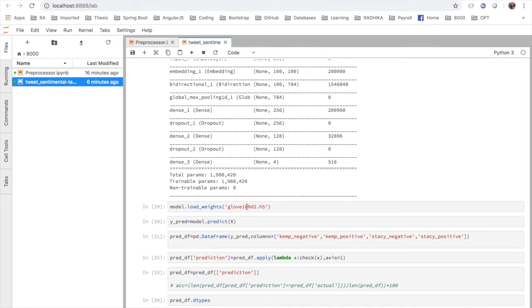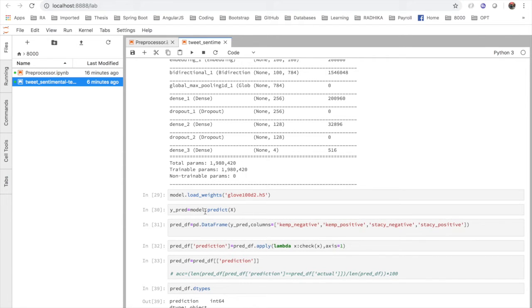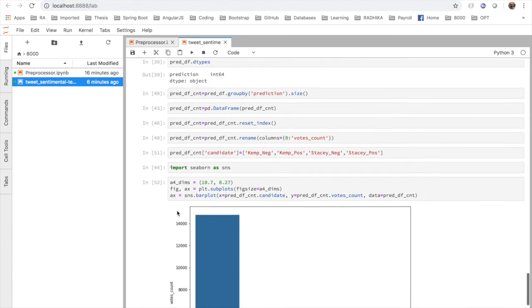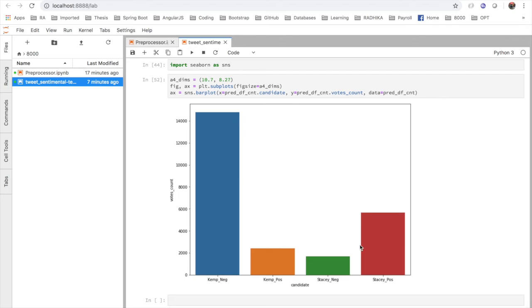We then load our weights, which were generated when we trained the model, and then we predicted the tweets based on whether they are 0, 1, 2, or 3 by creating the Y prediction. Then we plot the graph, and we get the results as the number of tweet counts for Kemp negative, Kemp positive, Stacey negative,